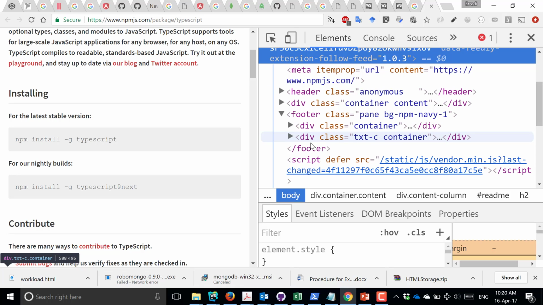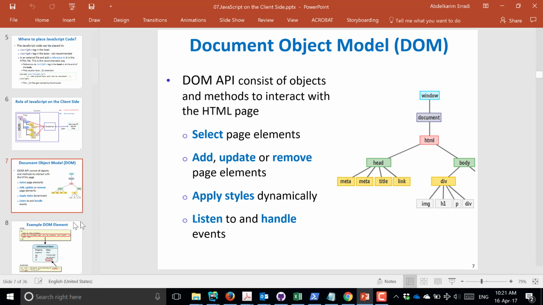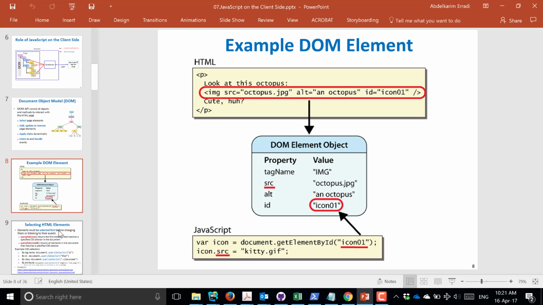So basically, the page is represented as a tree. I can use JavaScript to access these elements from the tree. So that's basically the basic idea of JavaScript on the client side, is to access those elements on the page and do something with them. So I'll show you some examples shortly, so the idea will become much clearer. But first,